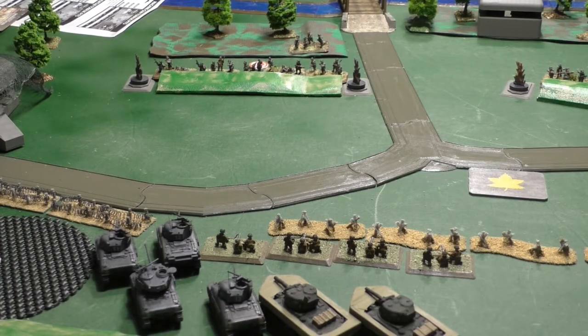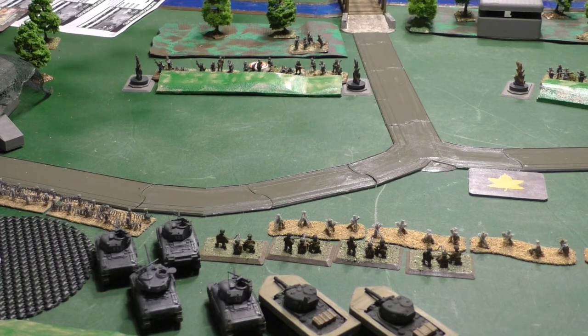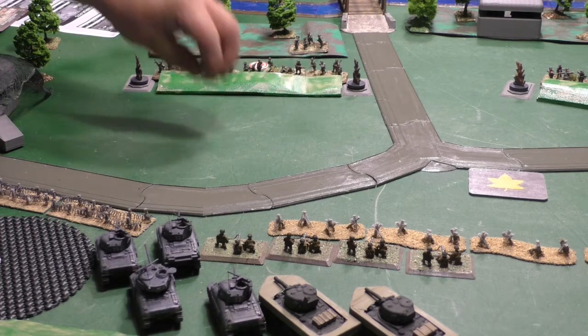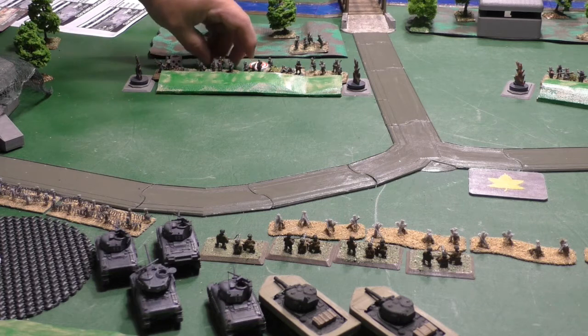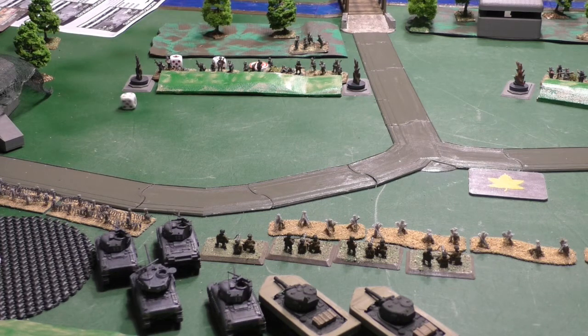Firing my M7 Priest against the infantry in the trench. Because they are beach defense grenadiers, they are aggressive, hit on the 3, but they are concealed, hit on the 4. So I need a 4 to hit. So we'll start with the first one. 6 is a hit, so we need a 4+. Second one is a hit. Third one